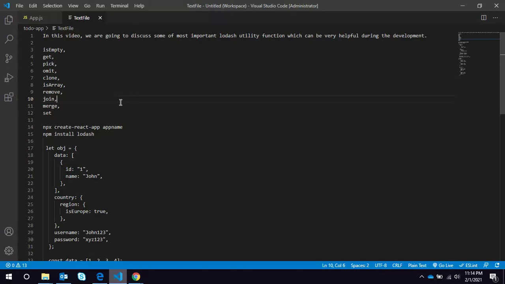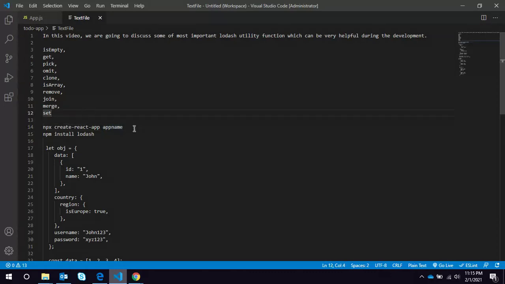So I have picked some of the most common Lodash utility functions which we are going to see one by one, and I am using Lodash in a React application. We are not going to use any build application; we will be mostly working in the browser console.